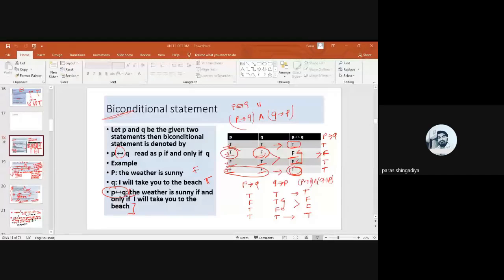So what is the meaning of tautology? That is a simple definition we have, to check whether the given compound statement is a tautology or not. A compound statement is always true, no matter what the values of the given statements involved in it. Any compound statement you can consider involves all types of operators.